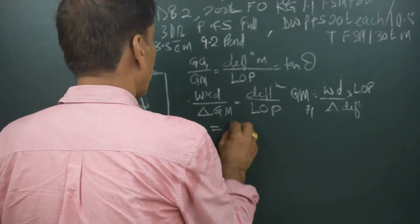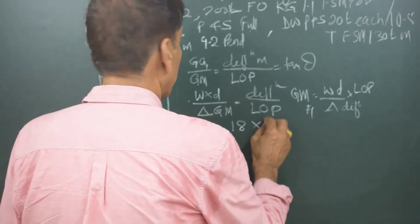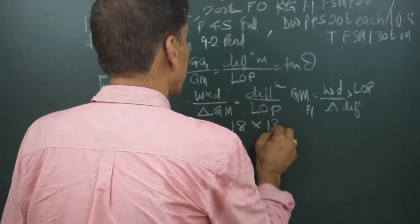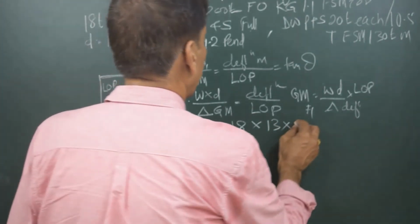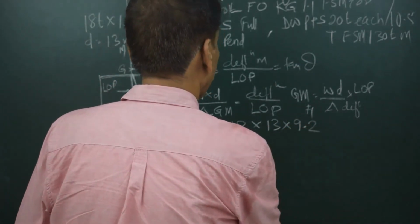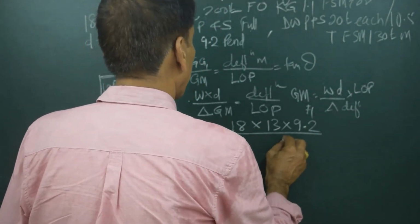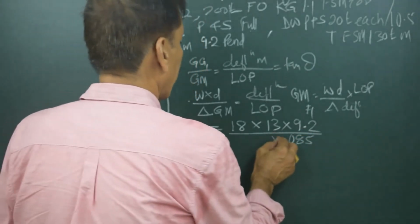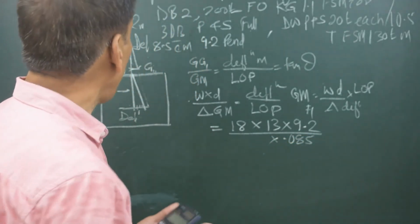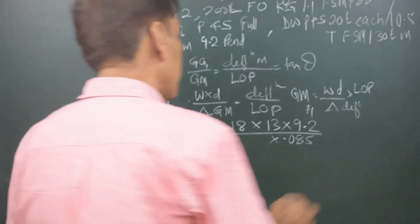The weight shifted is 18 tons and it is shifted through a distance of 13 meters. Length of pendulum is 9.2 meters and deflection is 8.5 centimeters, so 0.085 meter, and we are going to write down the displacement. So the lightship is